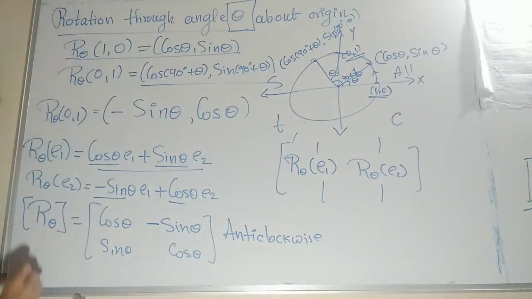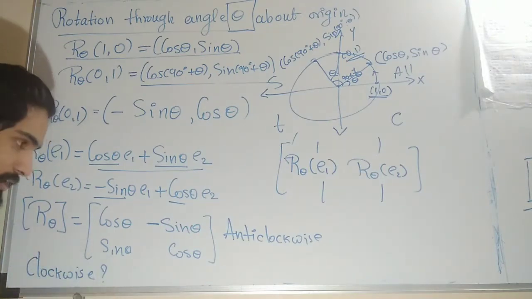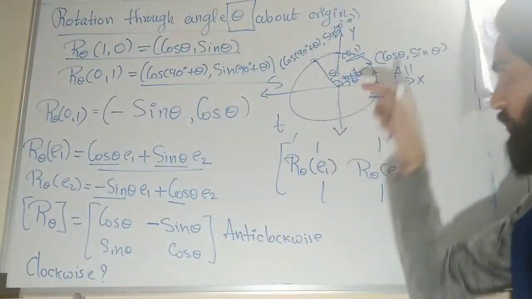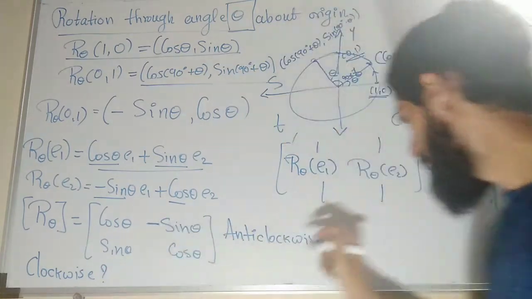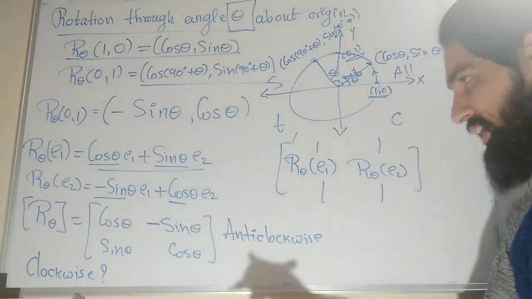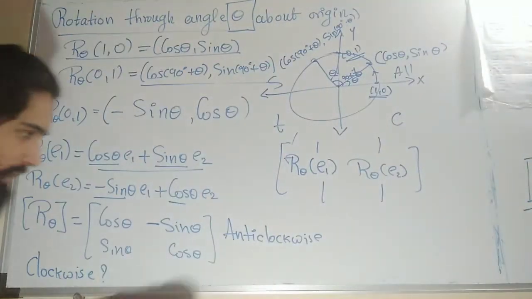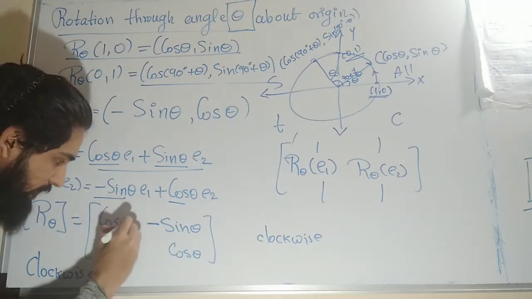So how I remember: if I have a minus sign over here, it is anti-clockwise direction. If you want to think about clockwise direction, what will it be? If it is clockwise, that means my theta will be negative. Correct? You will go in a downward direction like this. So in that case, your theta will be negative. That means for the clockwise direction, what you will do? You change this theta to minus theta, you will get your answer. I will write it over here only. So I will change every theta to minus theta.